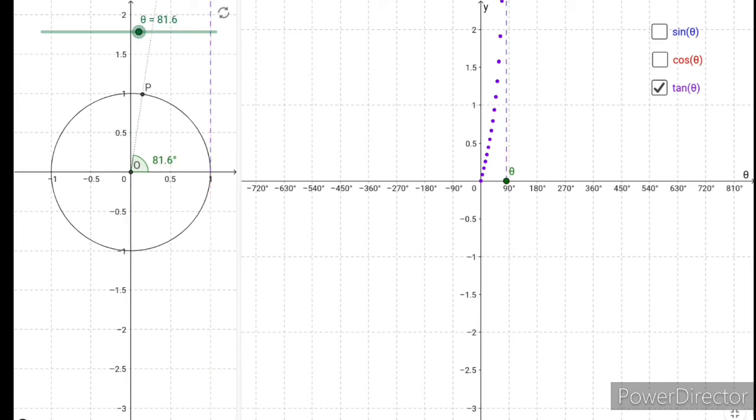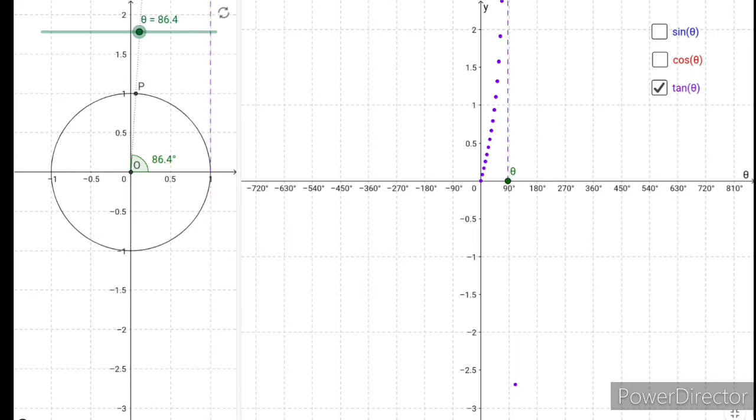At 90, there is no triangle formation because at 90, two angles will be 90 degrees. In a triangle, two angles cannot be 90 degrees. Then there is no formation of the third side. So there is no formation of triangle. So tan 90 will be undefined. But as tan theta approaches 90, it is becoming larger and larger. So we say that tan theta is tending to infinity when it is moving towards 90. But at 90, tan 90 is undefined. So at 90, there is no formation of triangle, so tan theta is undefined.